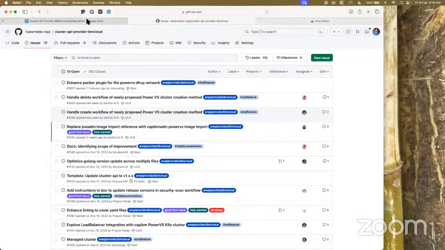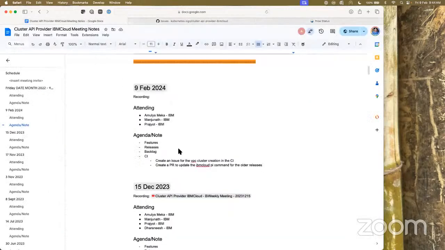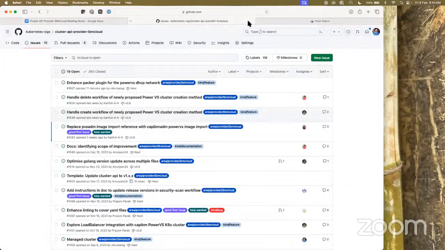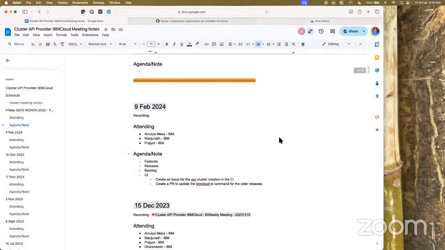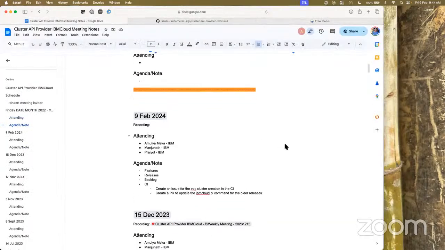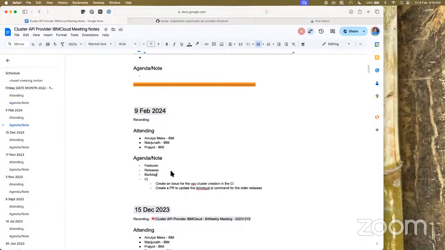That's about CI. We discussed features, release, backlog, CI, everything. Anything else, guys? Anything else before we close the call? Nothing, all good. I think there are some issues that I need to create.